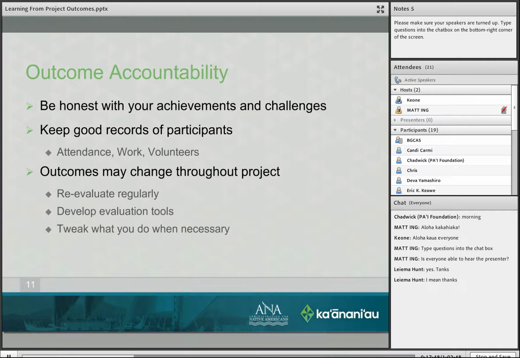That's something that a lot of people don't really take into account. If we're looking at our outcomes, what does it mean to say that the participants came 30% of the time or 60% of the time or 90%